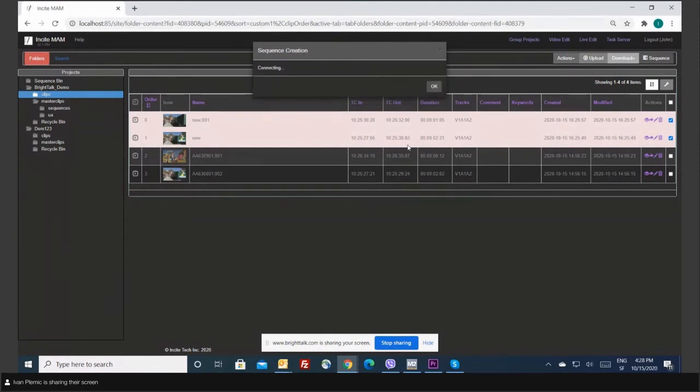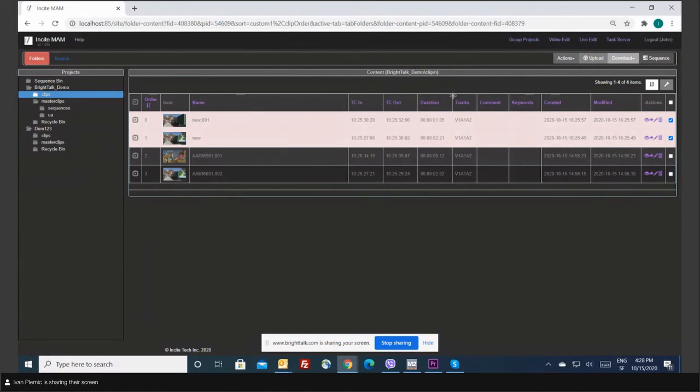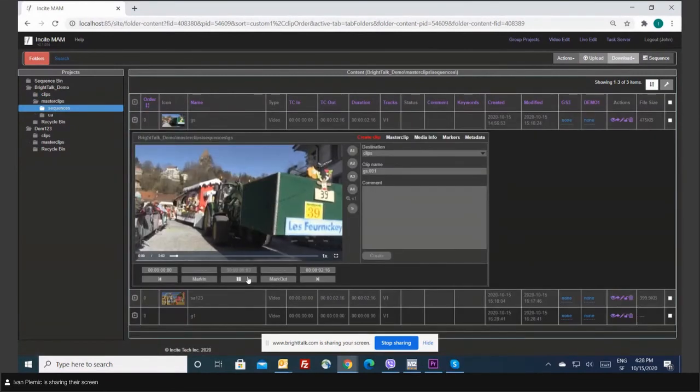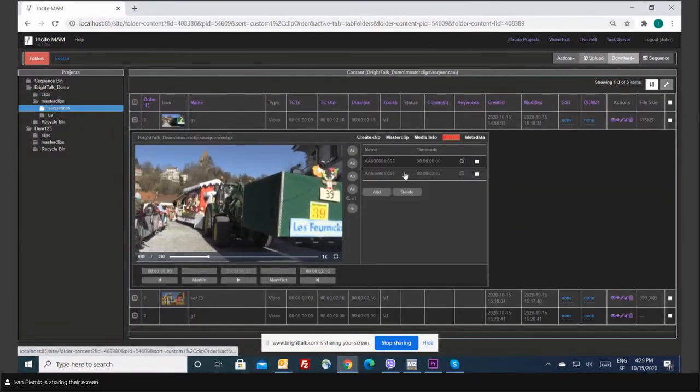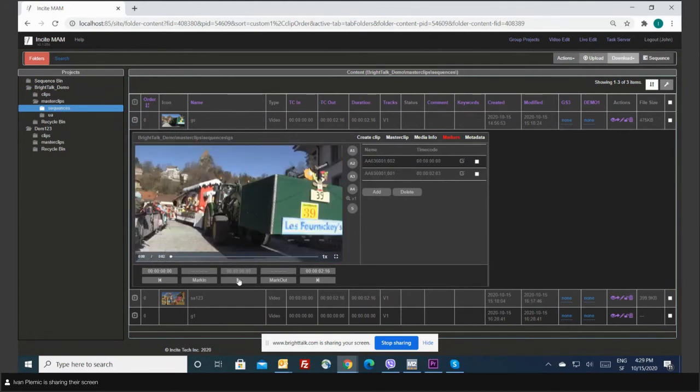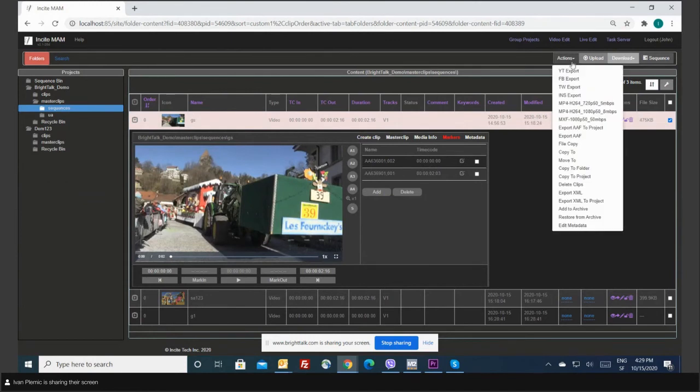Okay, so actually I did mark in, mark out, if you remember, and I was able to export only this piece of the media to the external editing application. But I can also build a sequence. So I will take a few files and put them together and then build the sequence from it, which means that here I have a sequence which is built from these two clips, which again, I took good pieces from one media and from another media, put them together, I made a sequence, and this sequence again, I can export now